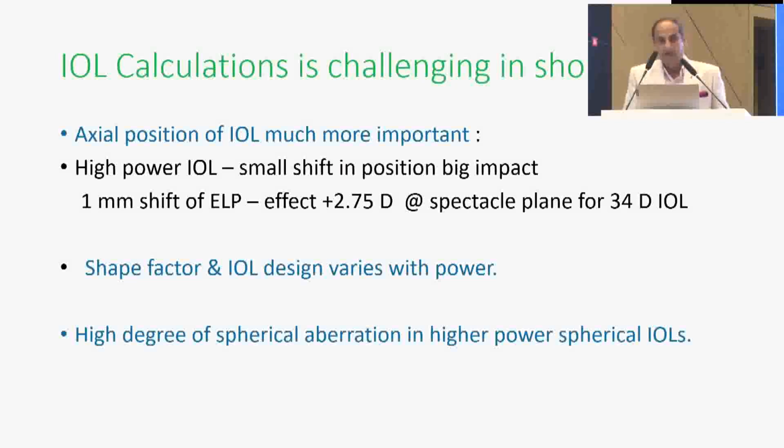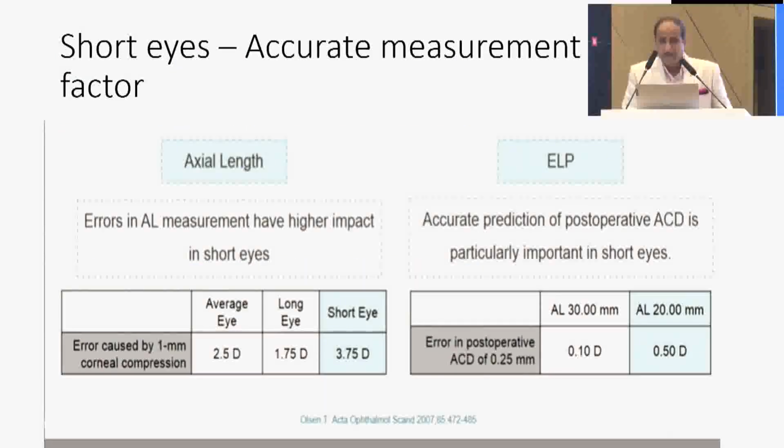And only a 1 millimeter shift of the effective lens position, the ELP, results in 2.75 diopters at spectacle plane for a 34 diopter IOL. And mind you, I'm talking only about the short eyes where the IOL powers are more than 30 diopters. The shape factor in IOL design varies with power, and high degree of spherical aberration in higher power spherical IOLs also is an issue. For short eyes, the accurate measurement is key again, and the two important parameters are